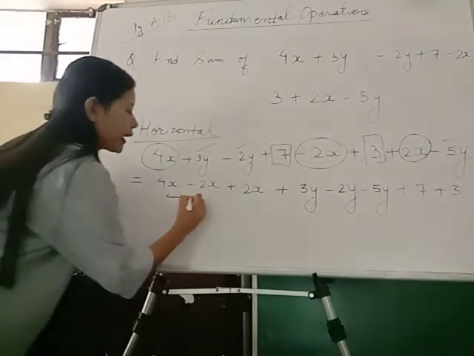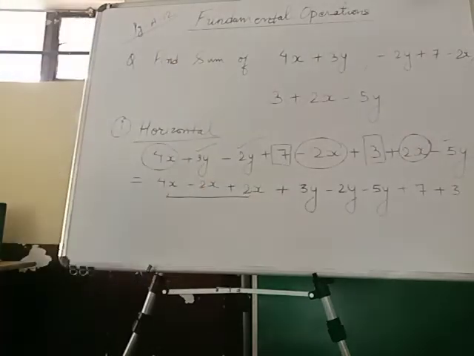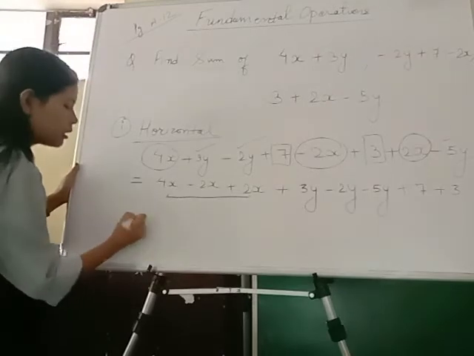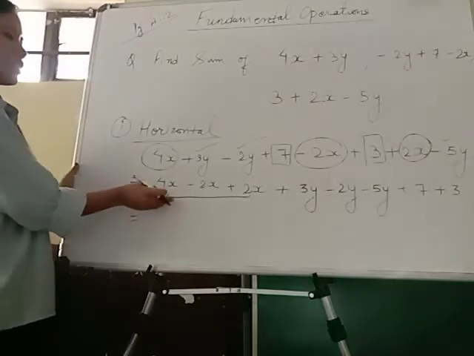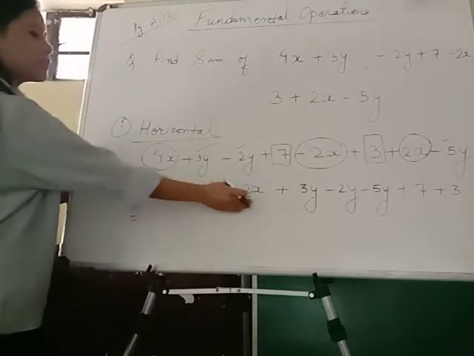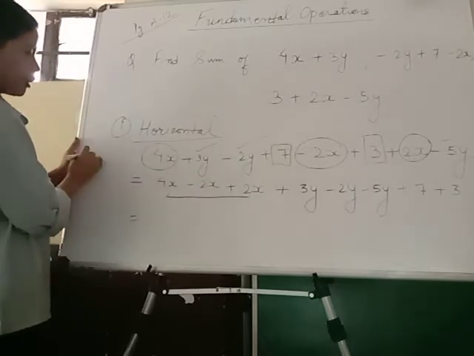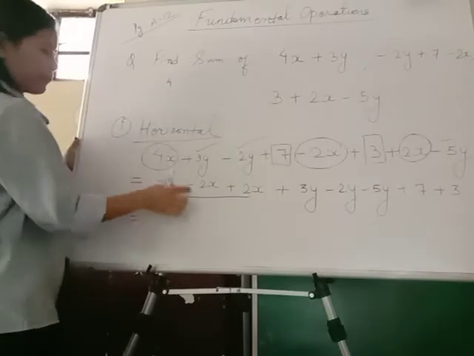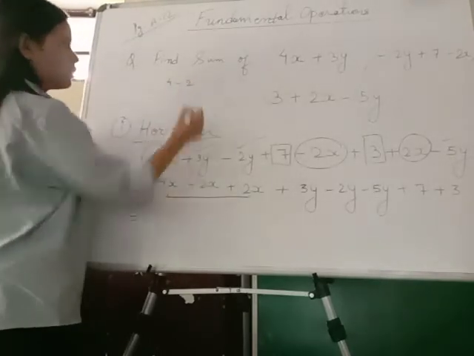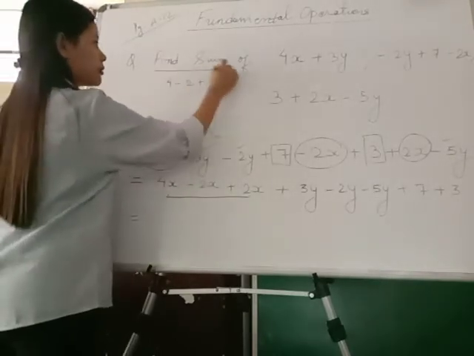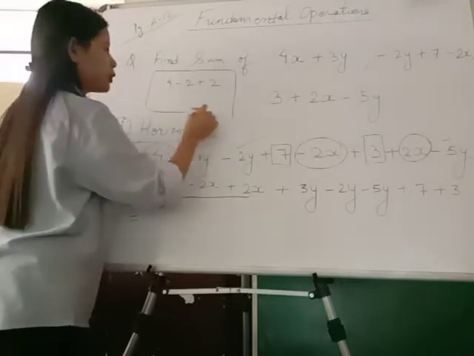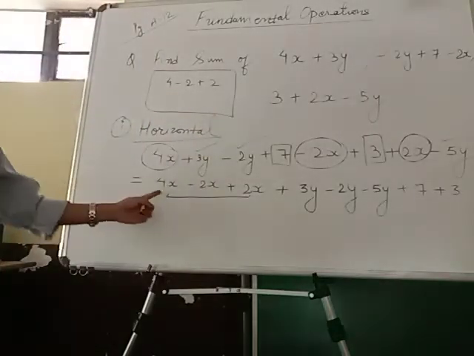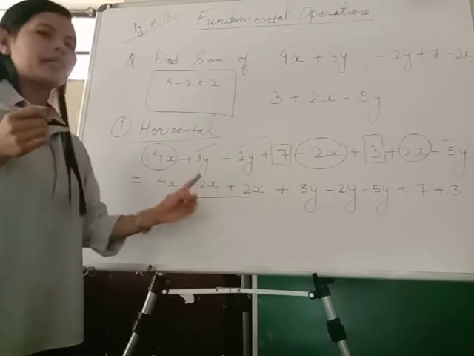Now we will carry out the basic operations using the rules that we have discussed in the starting of the class. So let us just look at the numerical coefficients of all the three terms. So we have 4, I write it here, 4 minus 2 plus 2. Okay, this is the rough part. I am using this for rough work. So this is the numerical coefficient of all these three terms.